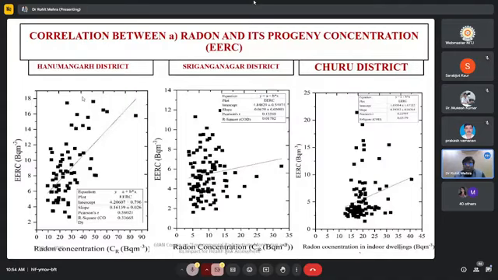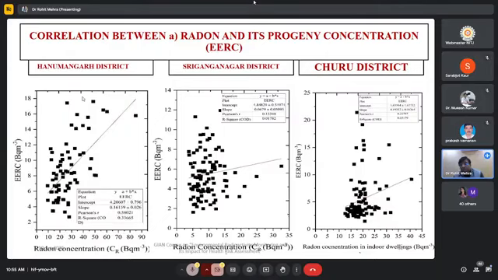Then again, correlation: we try to calculate how the radon and its progeny are interrelated. We don't say that they are very much correlated, but R square values are a little bit sensitive, in such a fashion that in all the cases the radon concentration and EEC values are not highly correlated. So the daughters play a different role. That is why in the bare mode we were having some confusion. We were considering all the daughters as well as the parents as similar.